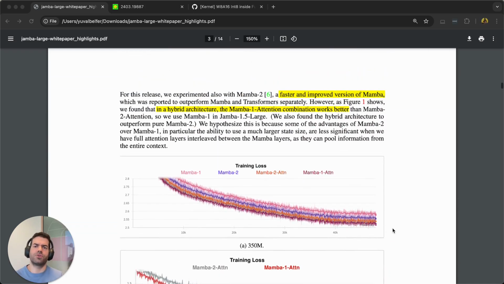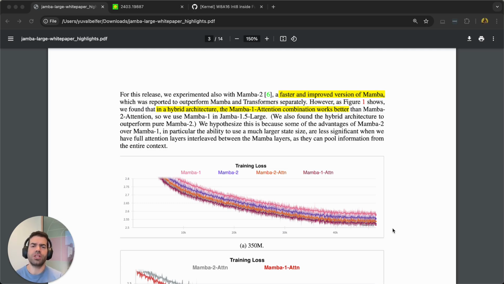Okay, also a few things that are worth noticing here is we did a comparison here with Mamba 2. So what happened is that the original Mamba architecture was released around the end of 2023, which now is called Mamba 1, which we integrated into our Jamba architecture, which we released around March 2024. And soon later, the authors of the original Mamba released Mamba 2, which was supposed to be an improvement of